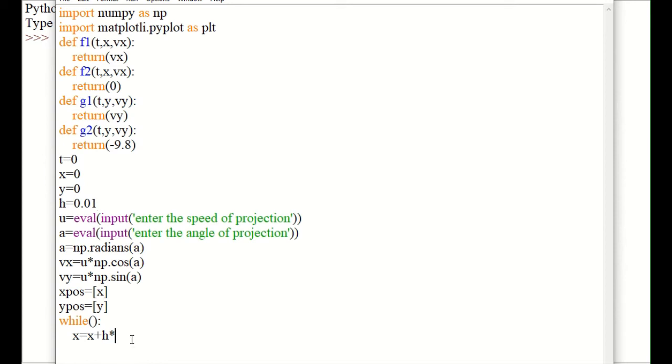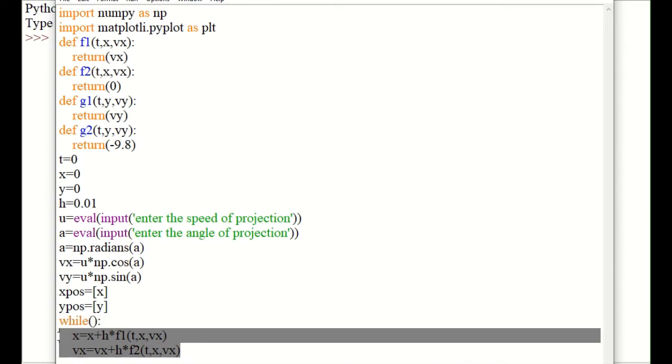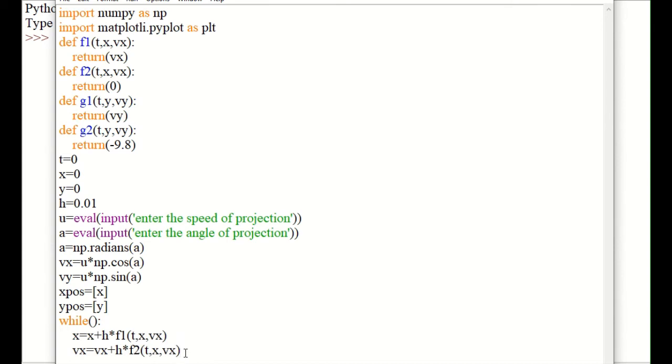Okay, you can try with other values as well. So x equals x plus h star f1 of t comma x comma vx. Now we must calculate Vx. So Vx equals previous value of Vx plus h star f2 of t comma x comma Vx. So this will give you the new x values and Vx values.